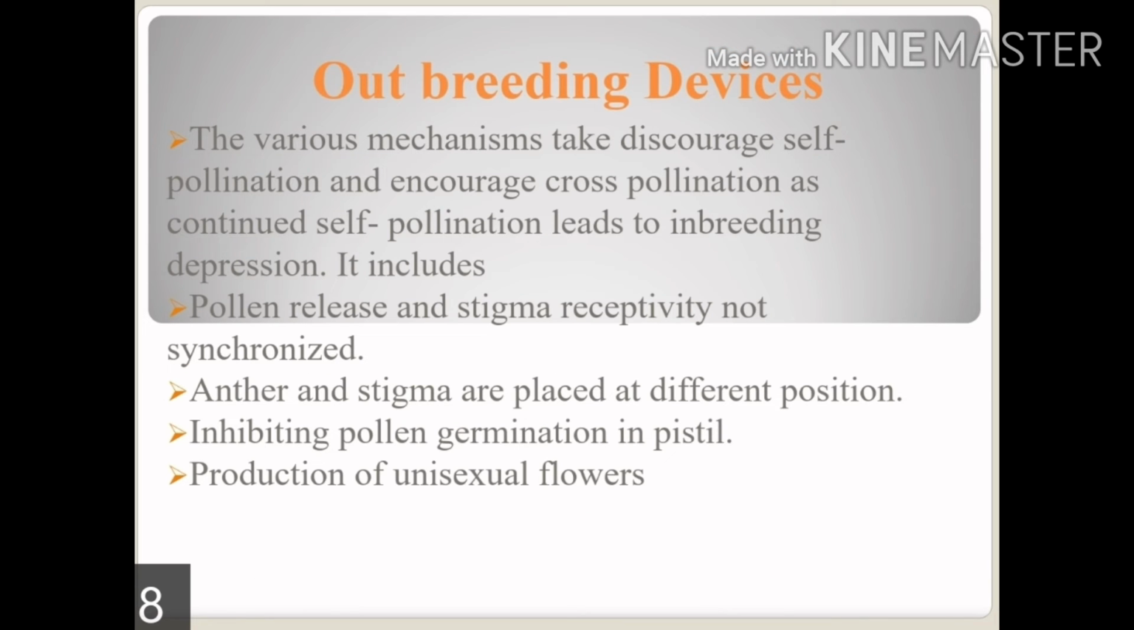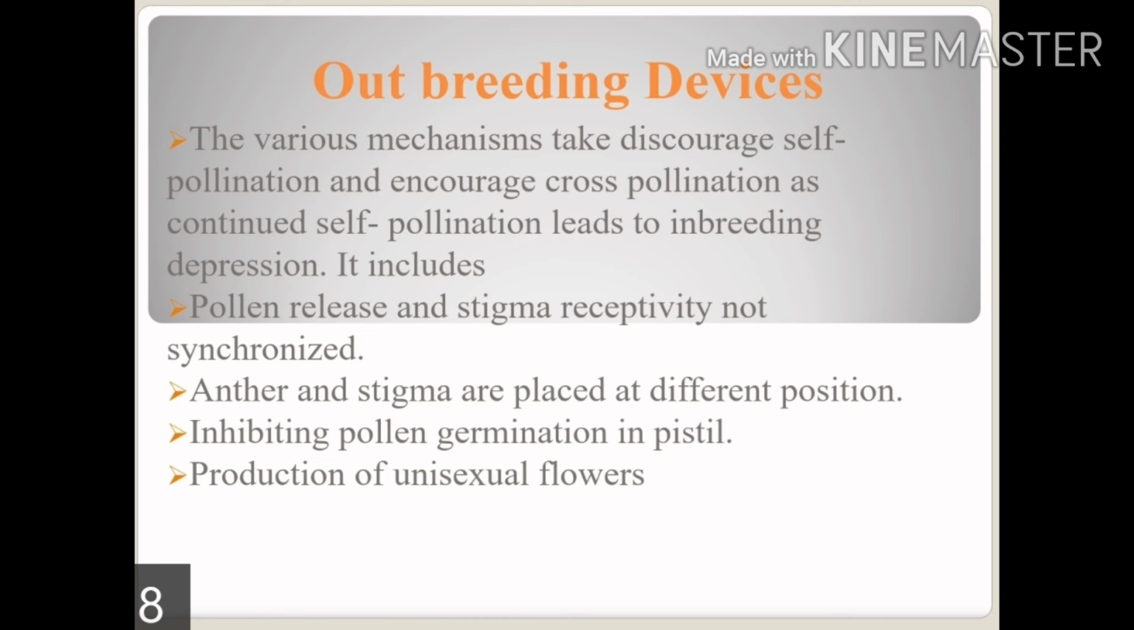Our next topic is outbreeding devices. What exactly are outbreeding devices? The breeding devices can be either inbreeding devices or outbreeding devices. Outbreeding devices discourage self-pollination and encourage cross-pollination, as continuous self-pollination leads to inbreeding depression. Because if inbreeding is there, then definitely self-pollination will be carried out, and if outbreeding devices are there, then cross pollination will be carried out,